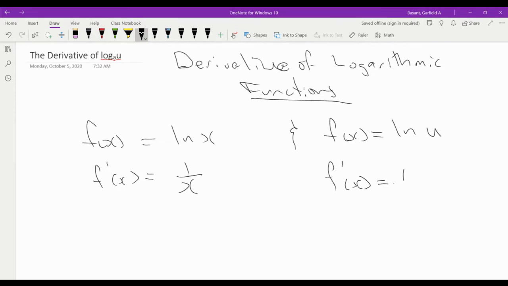One over u, and what else? Times u prime. Very good. Which simply becomes u prime over u. So, if you remember these basic rules,